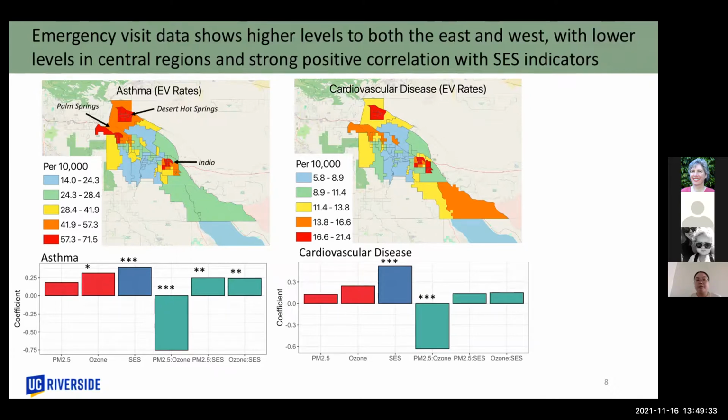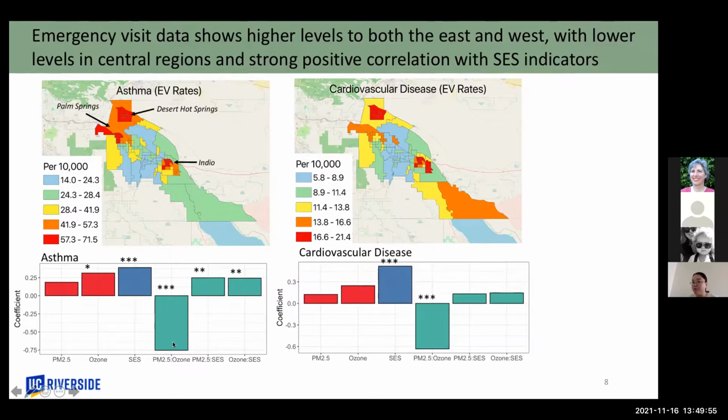According to the results, the EV rates show a very strong and significant positive relationship with air pollution, with socioeconomic status, and also with the interaction term between air pollution and socioeconomic status. And we also see a very strong and significant negative relationship between the EV rates and the interaction term of